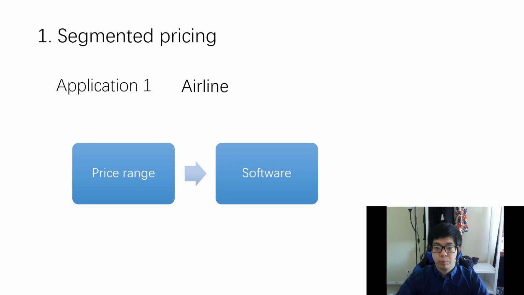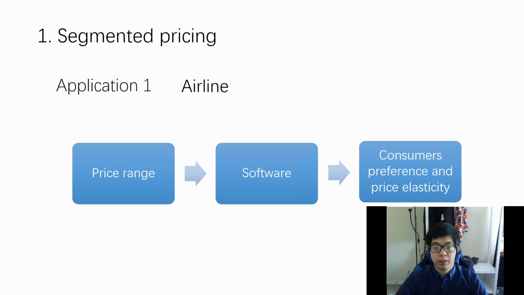A specific example for this strategy is airline pricing. The dynamic pricing of airlines does not increase the price just because of high demand. Airline companies use software or a professional app to capture data, and then they calculate real-time market change, consumer preference, and the price elasticity. The consumer's preference and the price elasticity will affect the consumer's demand. Then the app will change the price according to different demand for different consumers.